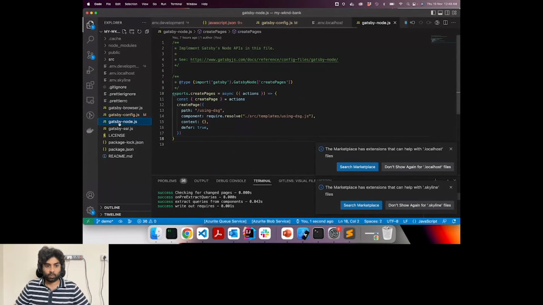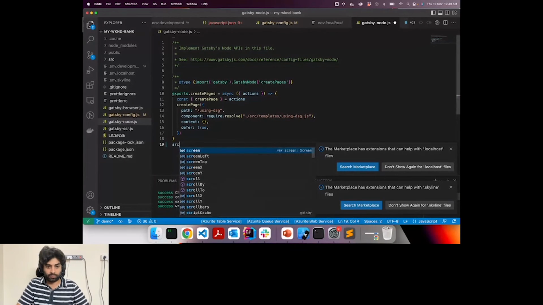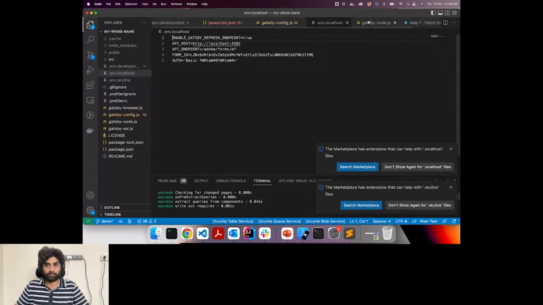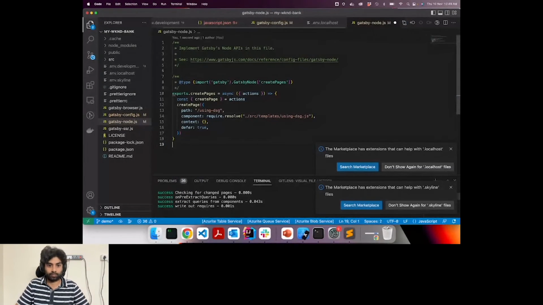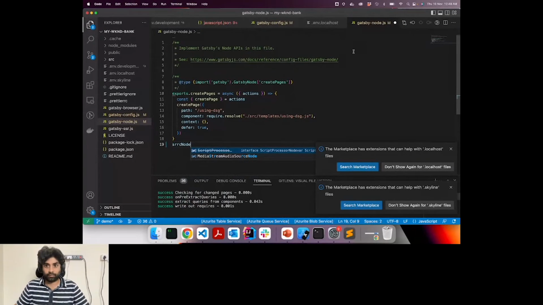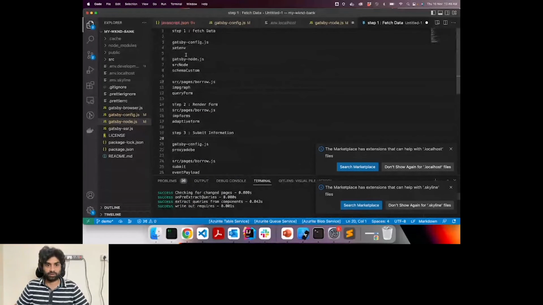Then after that, what it requires is to fetch the form. You have to create a source node, if you remember. Source nodes are nothing but a JSON structure which can be queried using GraphQL APIs. So it allows you to create those. Go ahead and copy the script that is required.